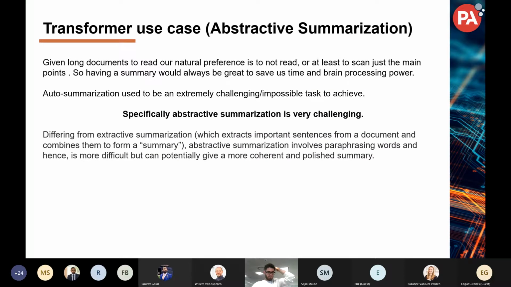Okay, so let's start to talk a little bit about something new, because we have seen translation until now. Now we'll see abstractive summarization. Given long documents, it's not very cool to read everything. So what we tend to do as humans is scan very quickly for the main points. For every long document, having a summary would be great in terms of saving time and